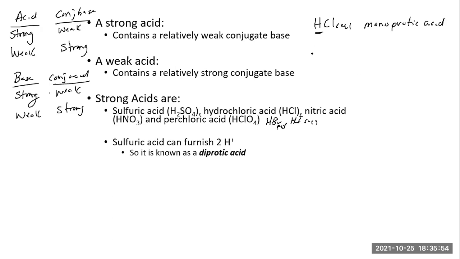Something like H2SO4, as we see on the bottom there, has 2 hydrogens, and they're referred to as being diprotic acid. Diprotic meaning it's got 2 H pluses to give. And you could have something like H3PO4, which is phosphoric acid, has 3 H's to donate, which is a triprotic